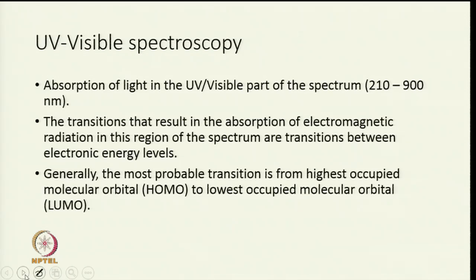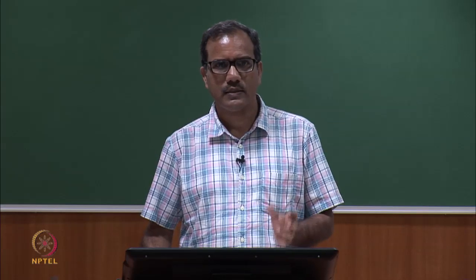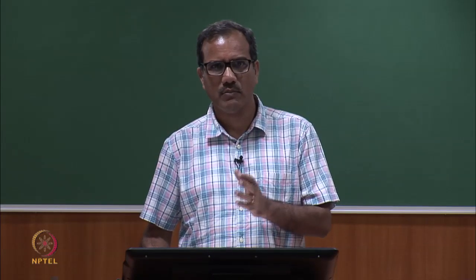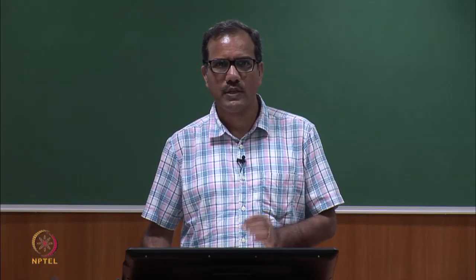The most probable transition is from the highest occupied molecular orbital, HOMO, to the lowest unoccupied molecular orbital, LUMO. So, please change this to unoccupied. Most probable transition is from HOMO, highest occupied molecular orbital, to LUMO, which is lowest